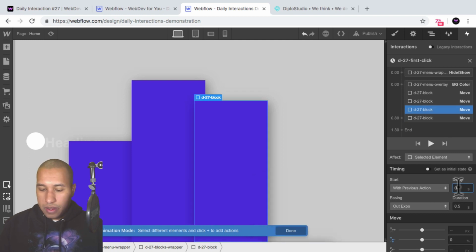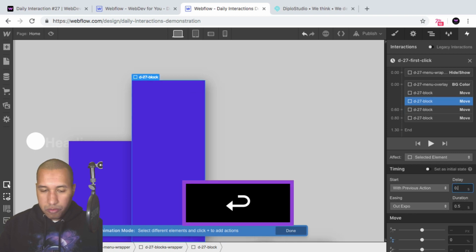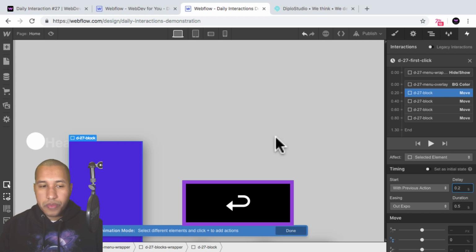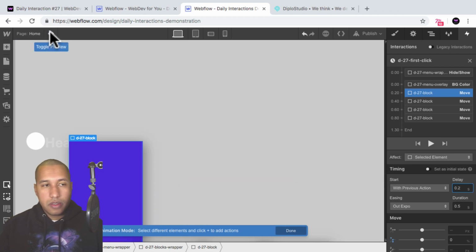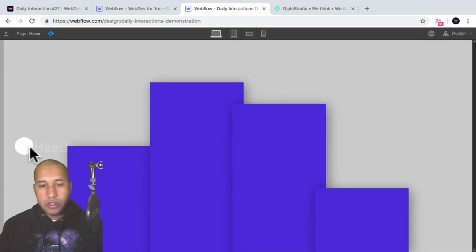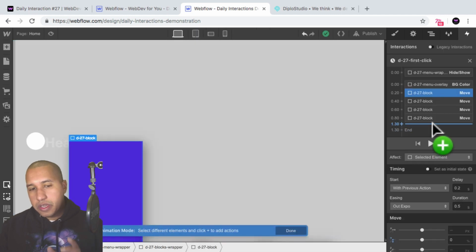The fourth is going to have a delay of 0.6. The second is going to have a delay of 0.4, and the first is going to have a delay of 0.2. All right, so let's take a look and see how that looks. So I'll preview. I'll click on the menu trigger. The overlay turns white, and we have the different blocks coming in. All right, looks good. So the next thing I want to do is bring in the menu item wrapper, have